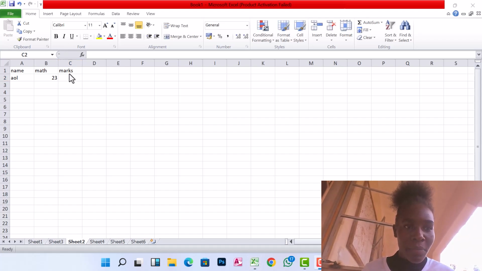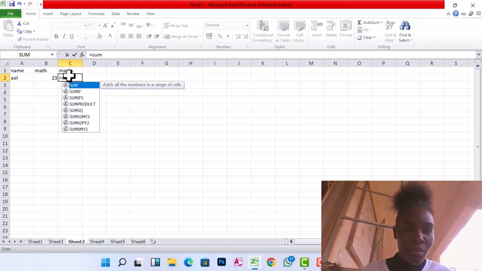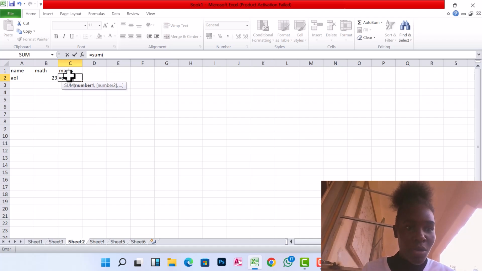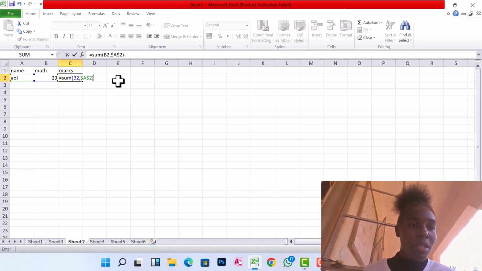So I'll come here and type. I'll say maybe equal sign, I put some, then I can open my brackets since I want to show you how cell referencing works. I can say this, comma, I can also say this. Then, as I told you, cell referencing is always about dollar signs. Then I can press F4. So you see these signs in the middle here, the dollar signs, that is all about cell referencing.